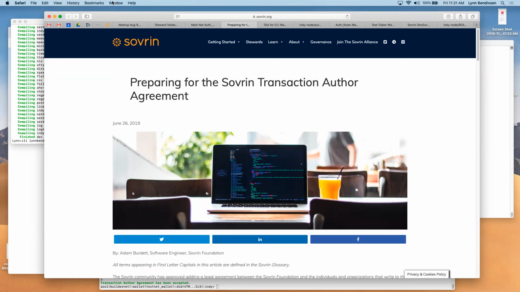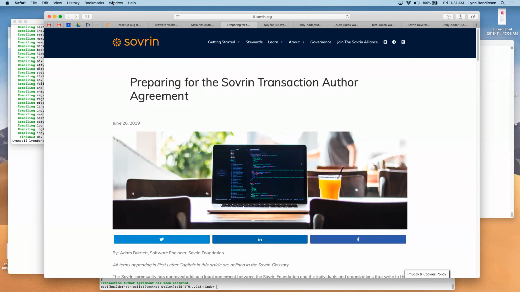So if you're able to hide your phone number in a transaction attribute, your phone number will be on the ledger forever. Or more importantly, if you create a DID that represents yourself and that you own, when you publish it on our ledger, it's public and it's in the public domain forever, right? And so the transaction author agreement just outlines this and describes in detail the rights around it.